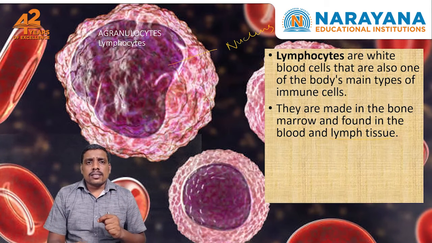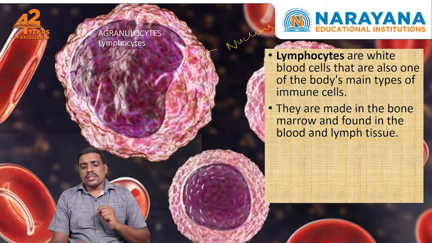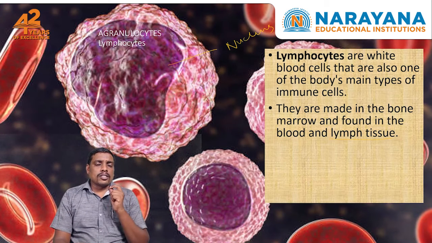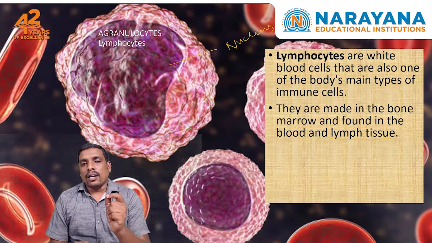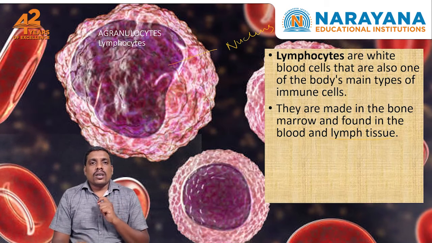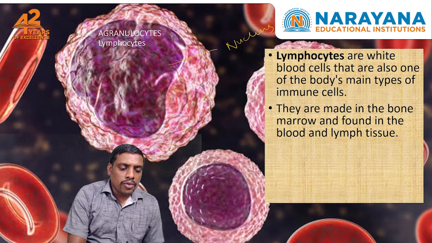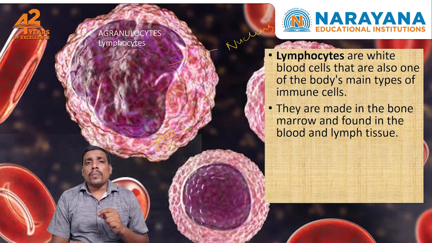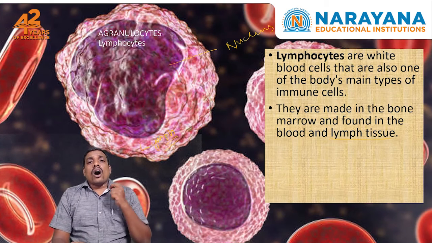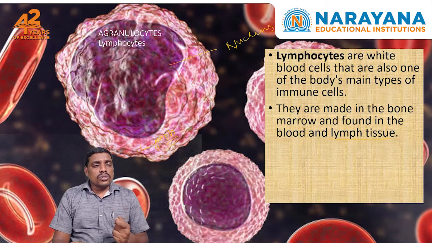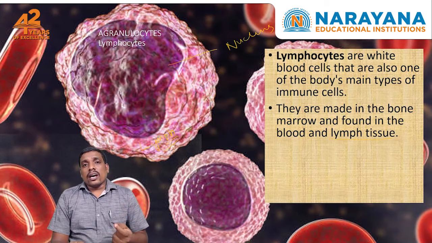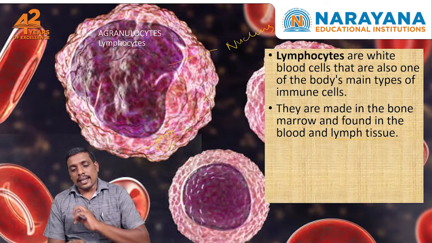Other than the circulatory system, the arterial system or venous system, there is one more type of transportation system present, that is the lymphatic system. In this lymphatic system, a fluid flows called lymph. Lymph also carries essential nutrients and essential components required by the cells. Just as the blood carries useful nutrients and oxygen, vice versa, the lymph also carries various useful substances required by the cells.